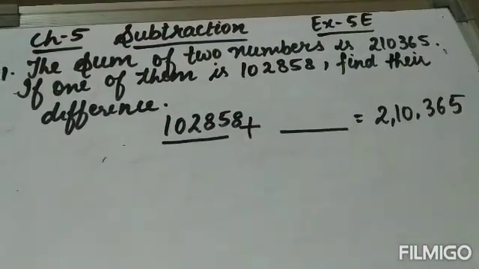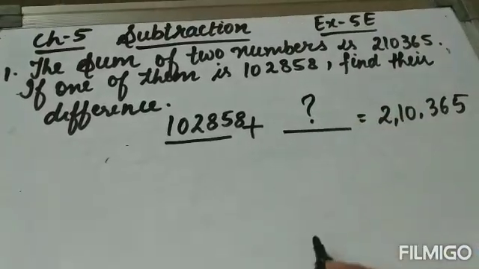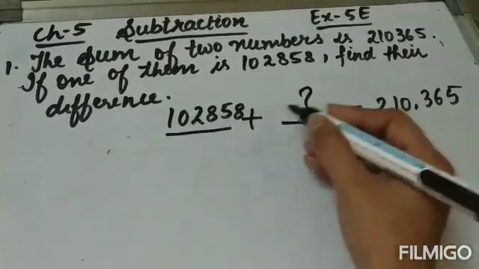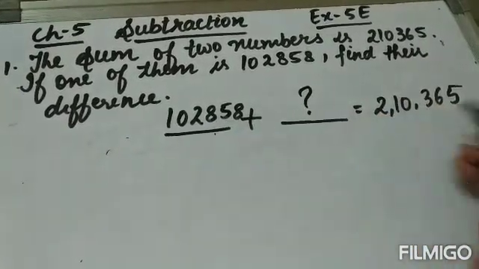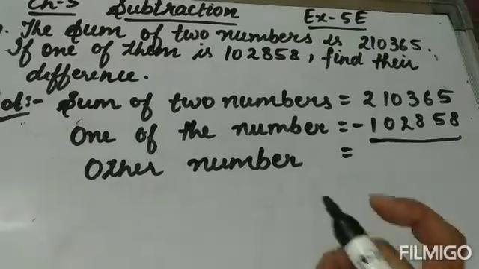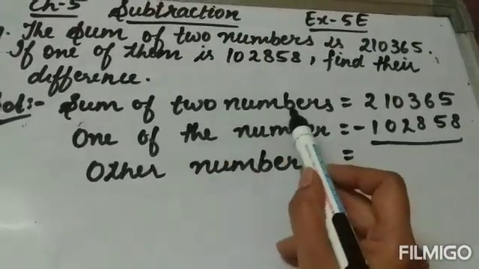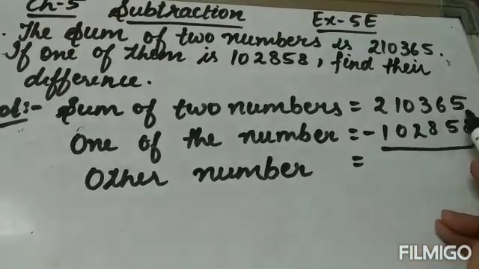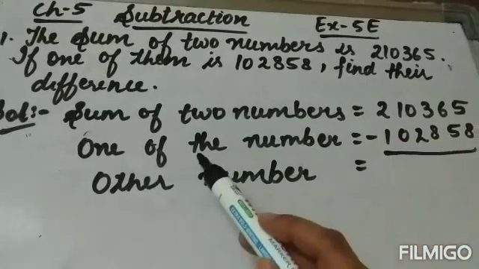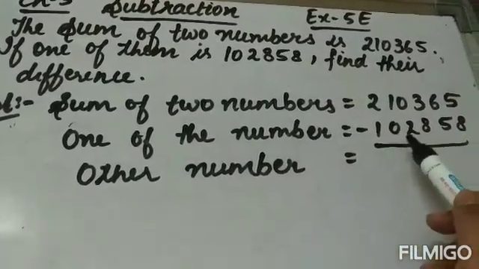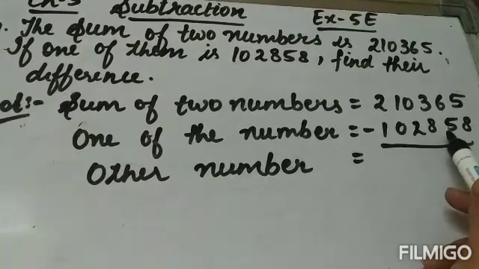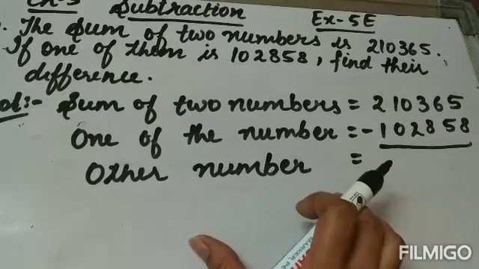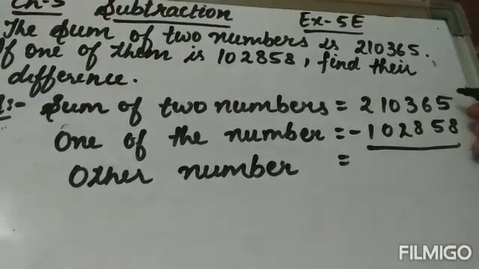We have to find the difference. How will we find the difference? First of all, we will find this number. How will we find this number? We will subtract this number from this number. So you will write, sum of two numbers is 2,10,365. This is given to us. One of the numbers is 1,02,858. Now first of all, we will find the other number, the second number, and that number is,